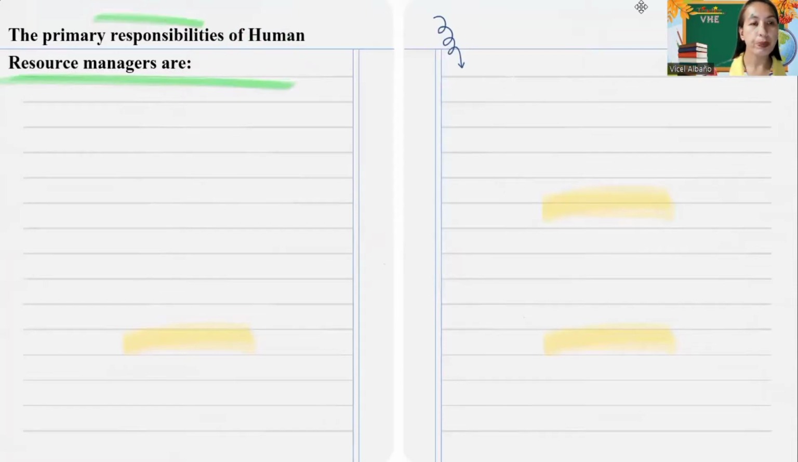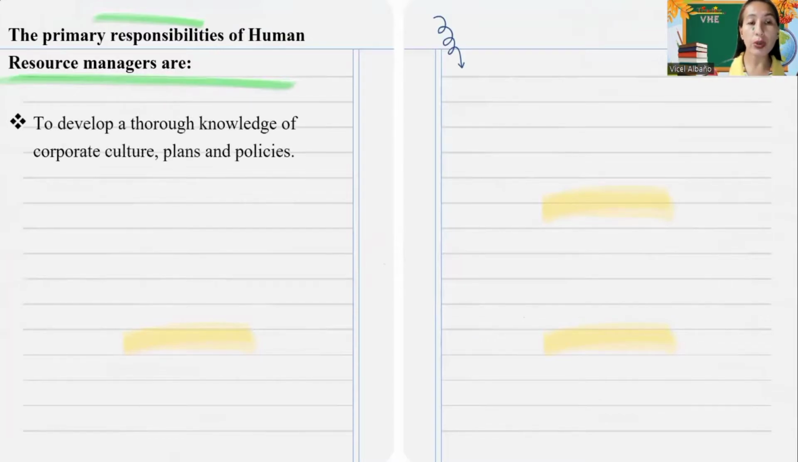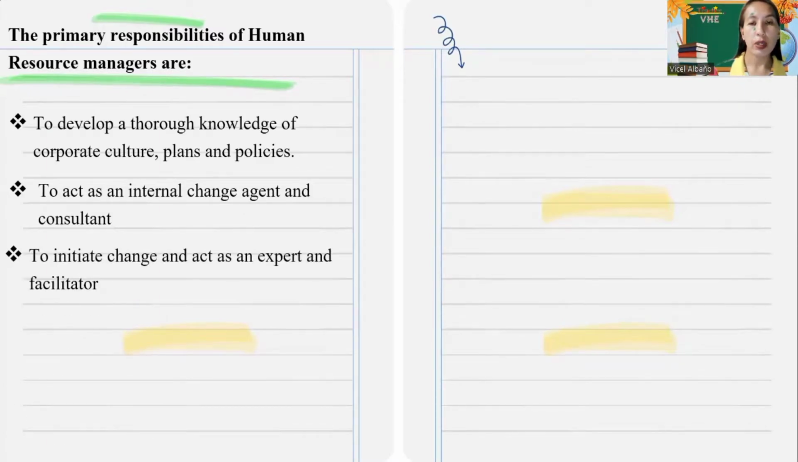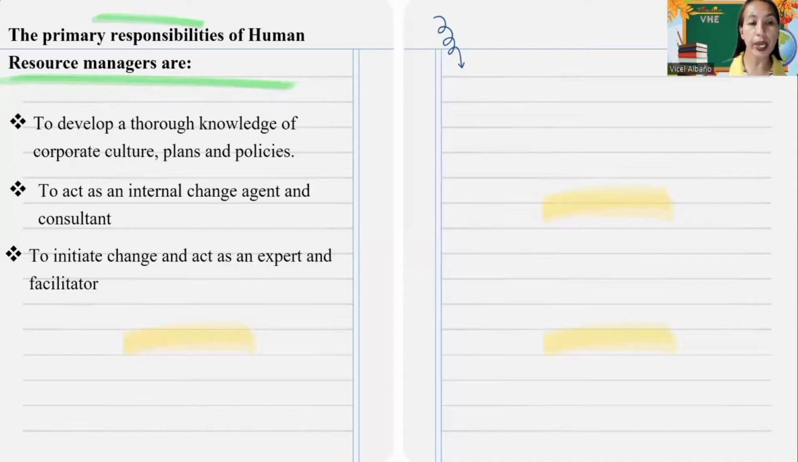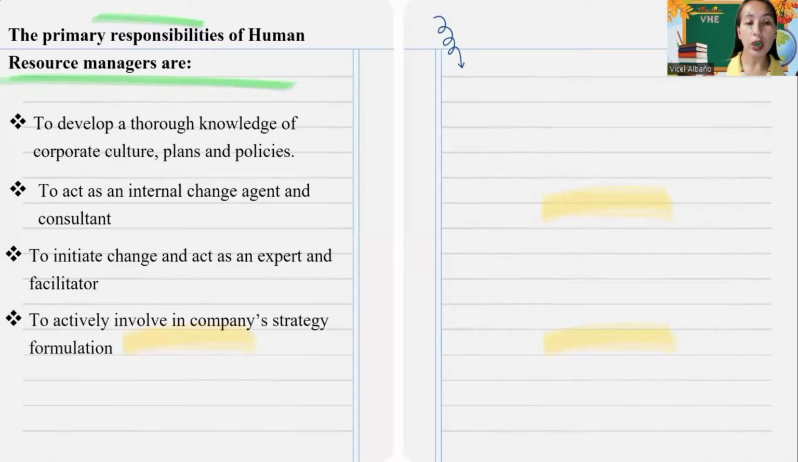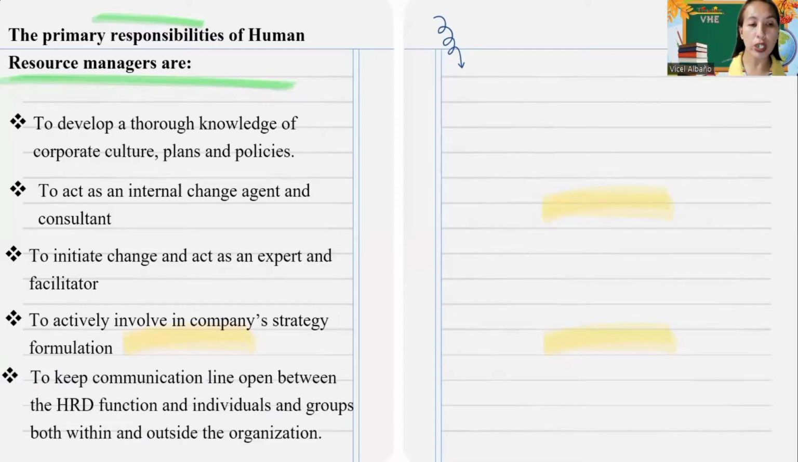So the primary responsibilities of the human resource managers are to develop a thorough knowledge of corporate culture, plans, and policies, to act as an internal change agent and consultant, to initiate change, act as expert and facilitator, to actively involve in company strategy and formulation, to keep communication lines open between the HRD functions and individuals and groups both within and outside the organization,